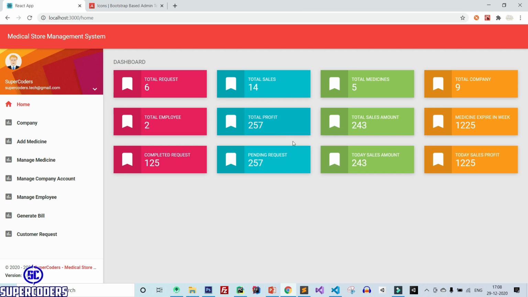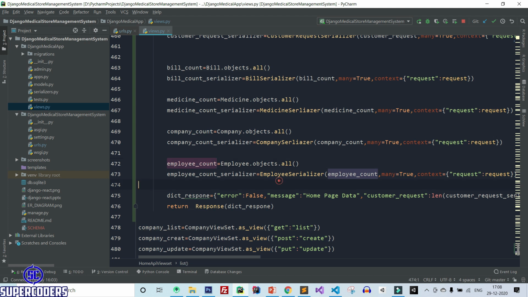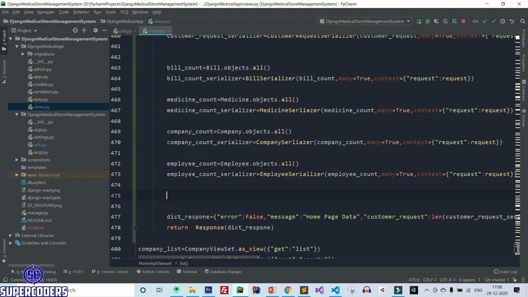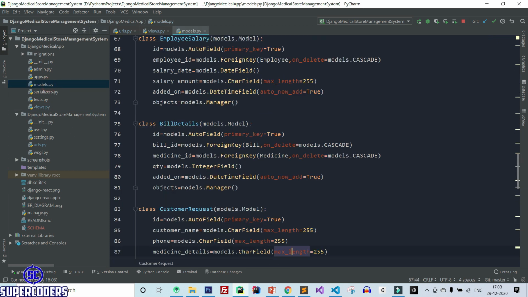Now let's work on total profit data. So again back to PyCharm, and this time we need to access bill details, because bill detail contains profit and loss amount. So here let's see bill detail models, and here is bill detail, which contains medicine ID.